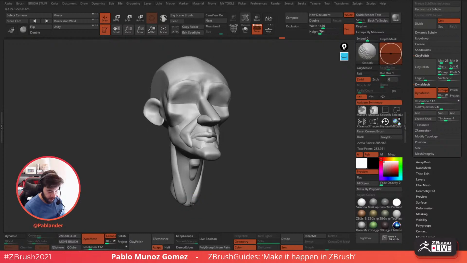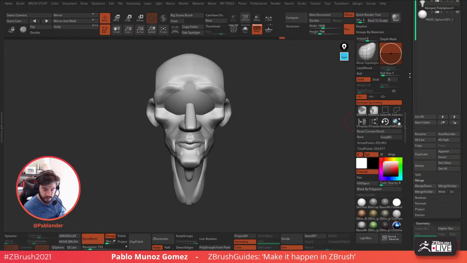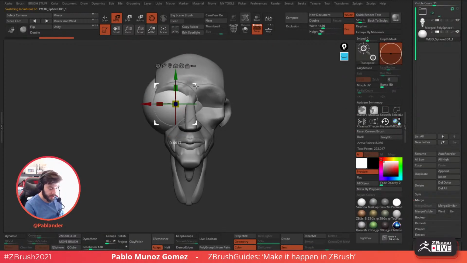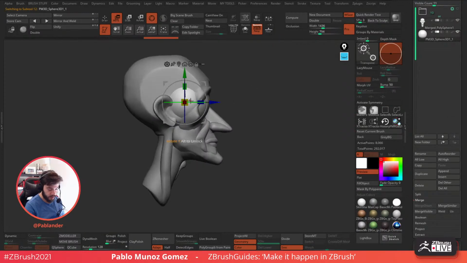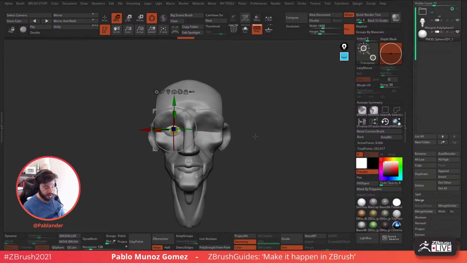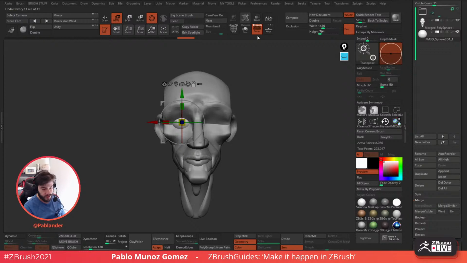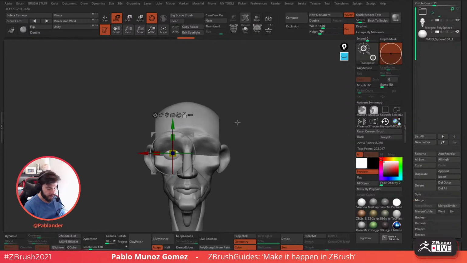One more thing that I'm gonna do before I check the chat is just bring in the spheres for the eyes, just because it's starting to look a little bit weird without eyelids or eyes, and it's a good reference to have the eyes in there. Again, this is a very stylized thing, but to try to maintain a bit more of a realistic proportions, maybe. Well, proportions are very stylized, but